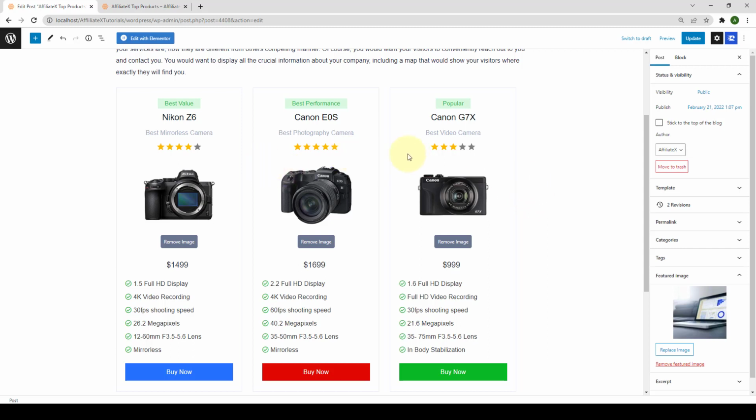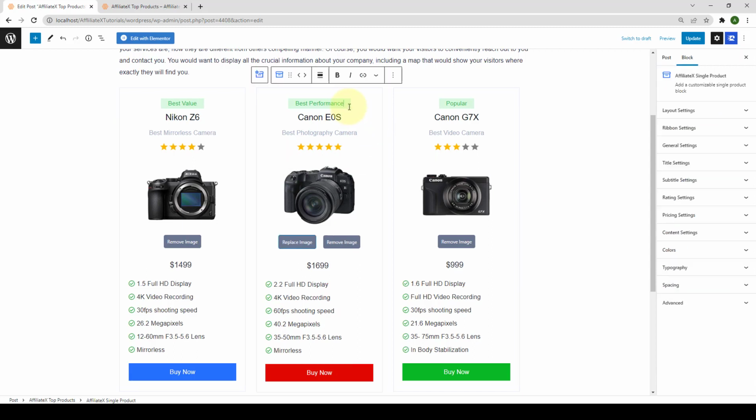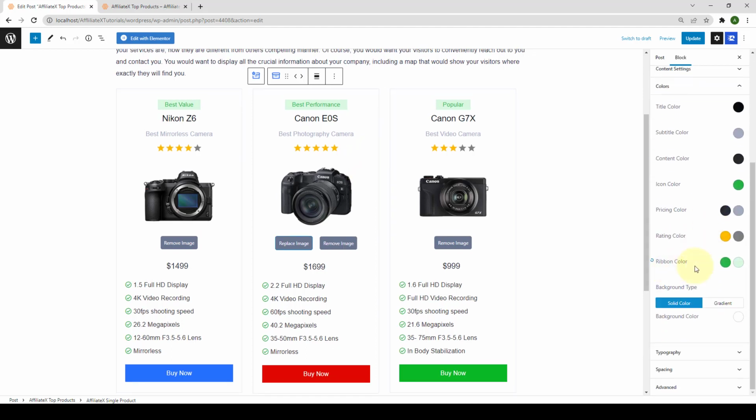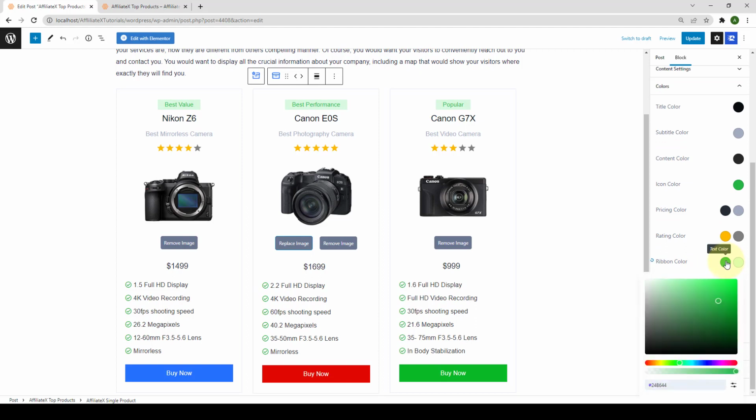There is one more thing I would like to change, and that is the color of the ribbons. So I will just select the single product from here, go to colors. From under ribbon color, click on text color. I will set the text color as white. Then for the background color, I will set the color as red to match the color of the button.